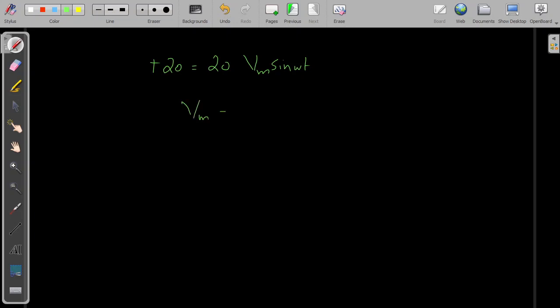That means Vm is equal to 20, so sine omega t only. So omega t is equal to sine inverse 1, that's equal to 90 degrees,